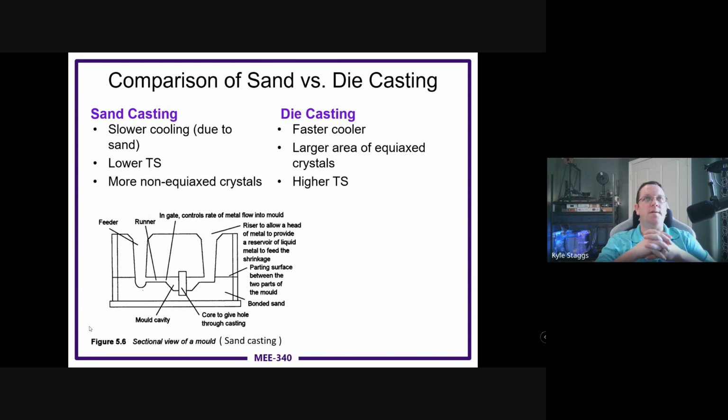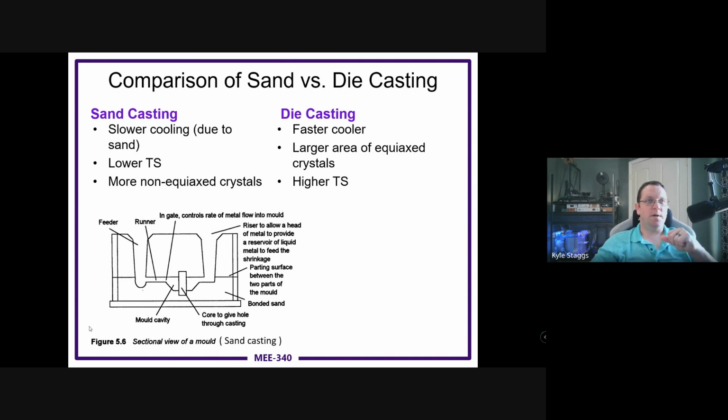So a little more anatomy of the sand casting as opposed to die casting. You have some different levels. The sand casting is a lot slower to cool, and you have very low tensile strength, so you're going to have a lot more non-equiaxed crystals. So there's going to be a lot more variation because of that crystalline cooling path that we saw. So the actual mold